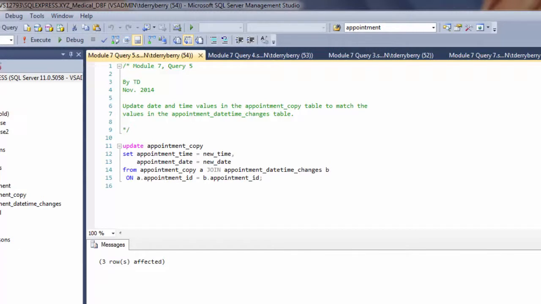The last thing I'll mention about the update statement is that you need to be careful. If you don't specify a where clause, all records will be updated, and most likely that's not what you want to do. So going back to our problem 3 solution,